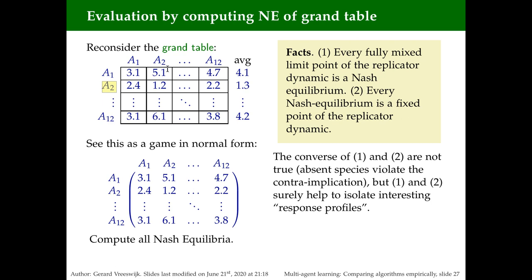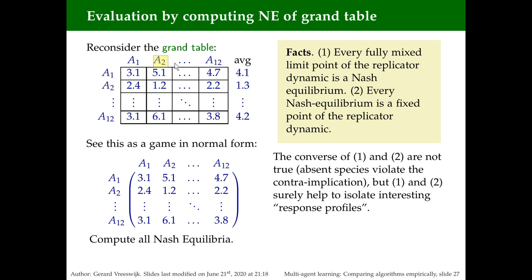But this also holds for mixed equilibria. Suppose A1 and A2 in a certain proportion against A2 and A12 is a mixed equilibrium, then this is a status quo, an equilibrium